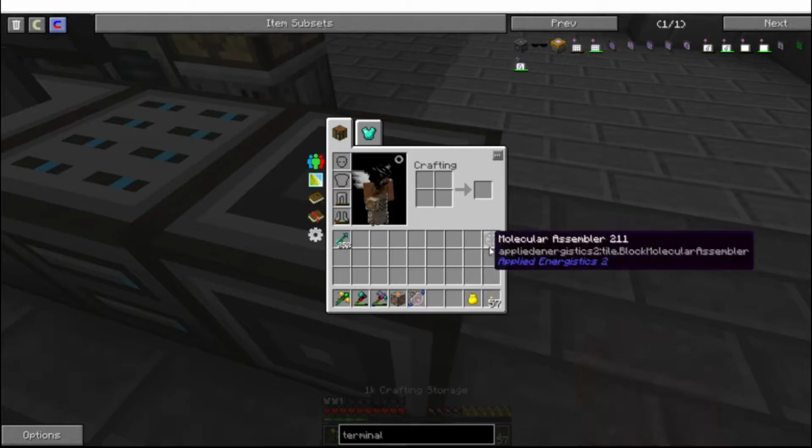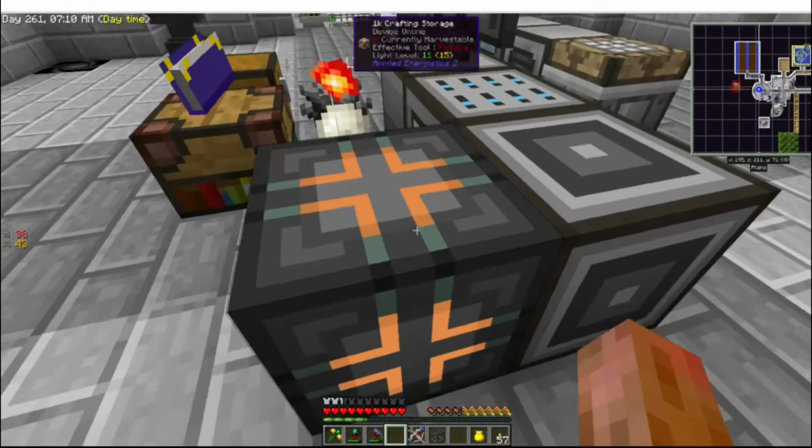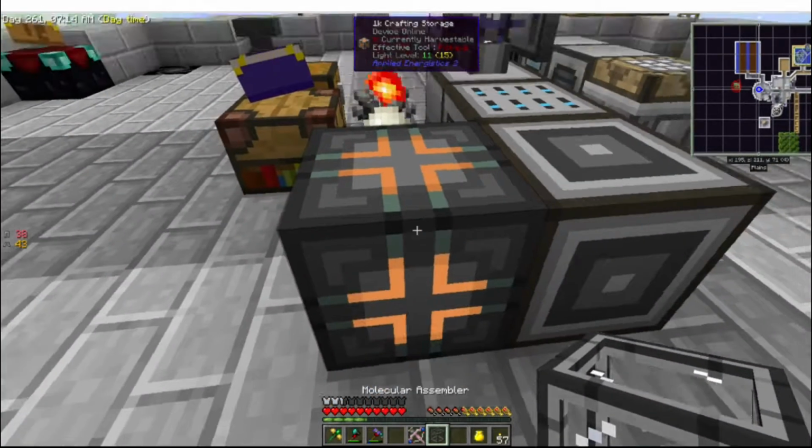So let's go ahead and throw down the crafting storage, and it changed colors into a multi-block, so we know that that is correct. Actually, you know what? I'm going to put...